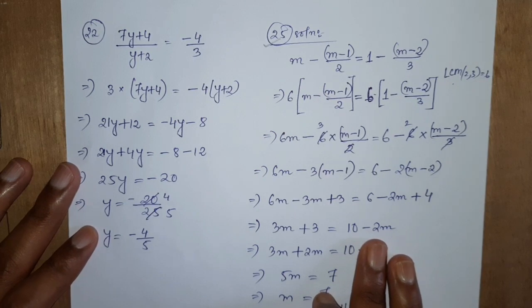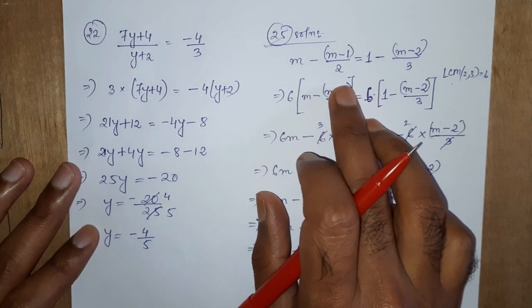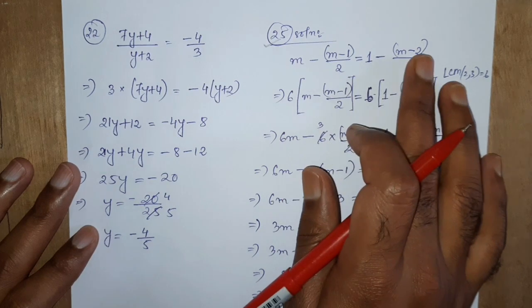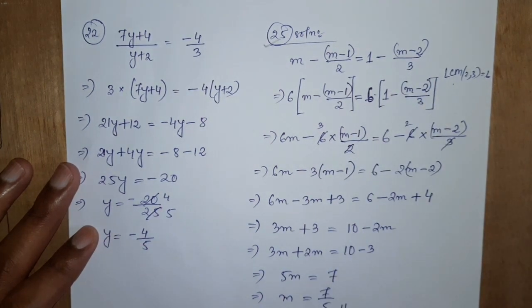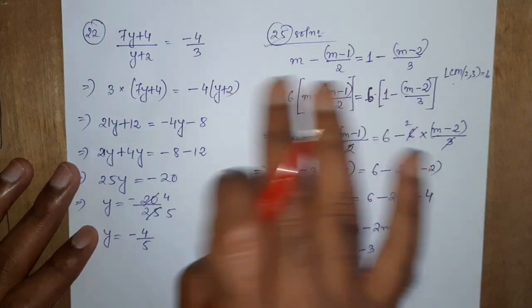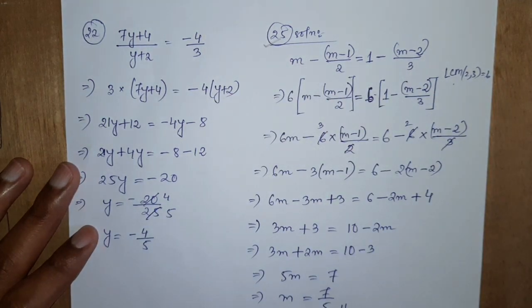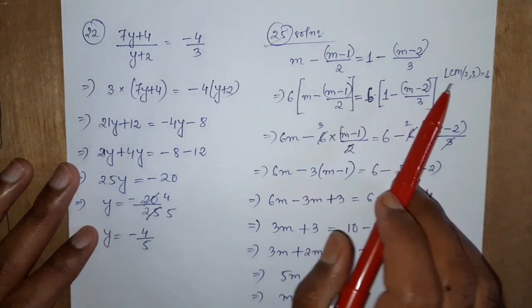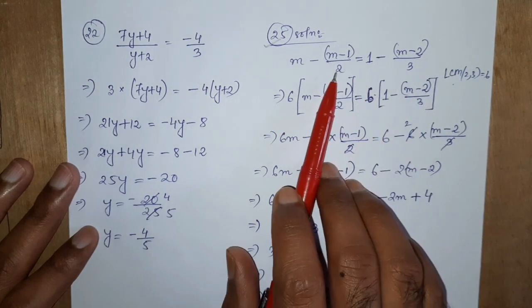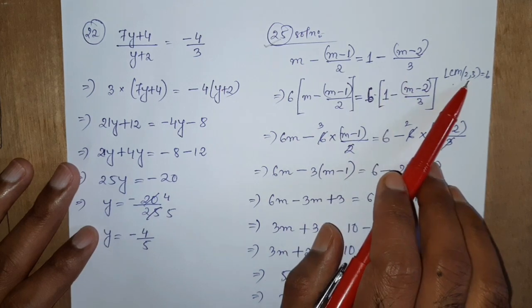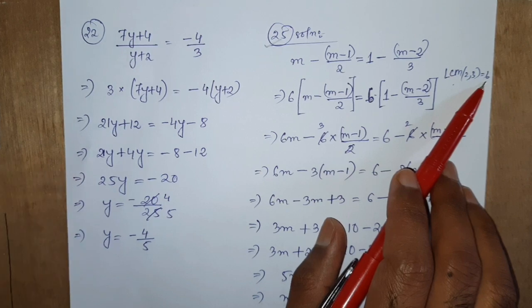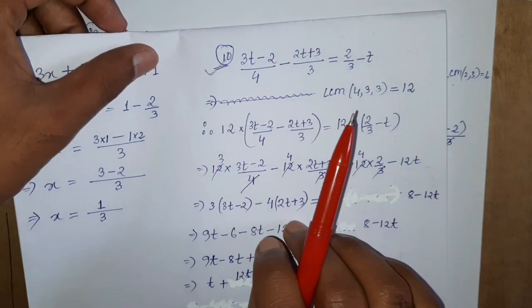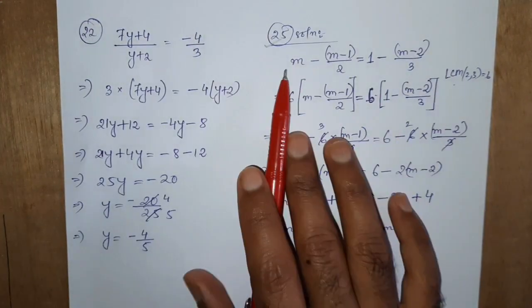If you see here, m minus (m minus 1) by 2 equal to 1 minus (m minus 2) by 3, the variables are different. Here also it's a combination of a fraction and a whole, okay. So need not worry, since denominators are there, you look at the denominators here, 2 and 3. What is the LCM of these denominators? 6. So this 6 you will be multiplying, as I said, okay, in this solution also. You have to multiply this 6 on both sides.